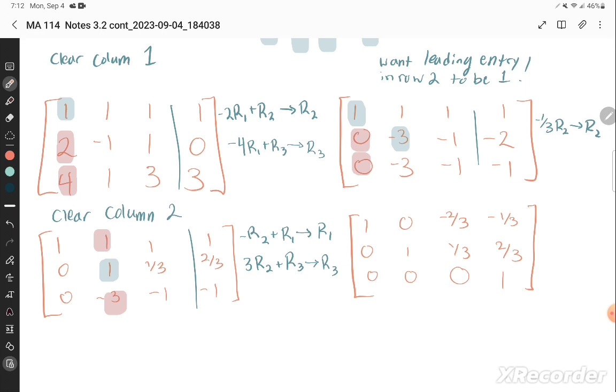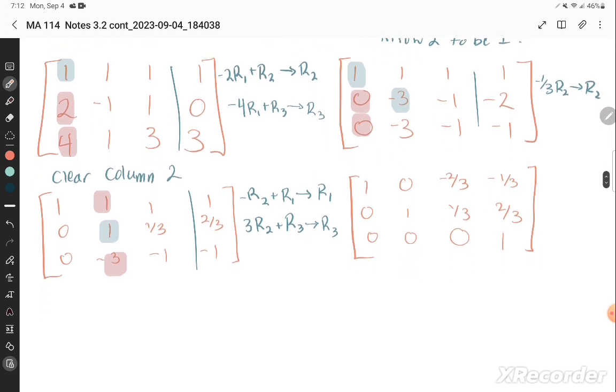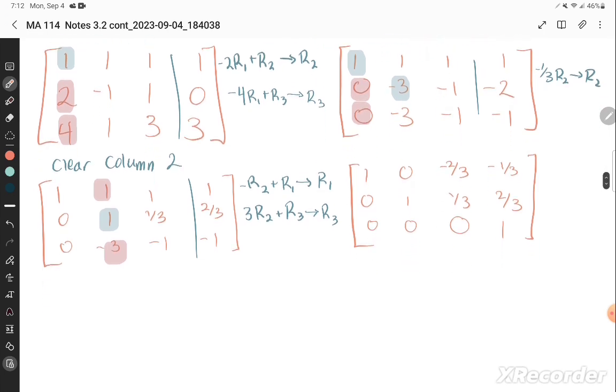All right. Now, I don't have a leading entry now. Actually, I do have a leading entry. I've got a leading entry here, and now I've got a leading entry here. I just happened to get a leading entry here by accident. I wasn't trying to, but I did, and that's okay. But now, since I've got a leading entry there, I want to